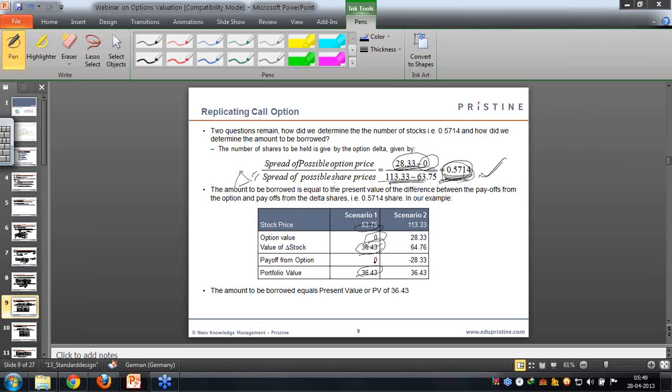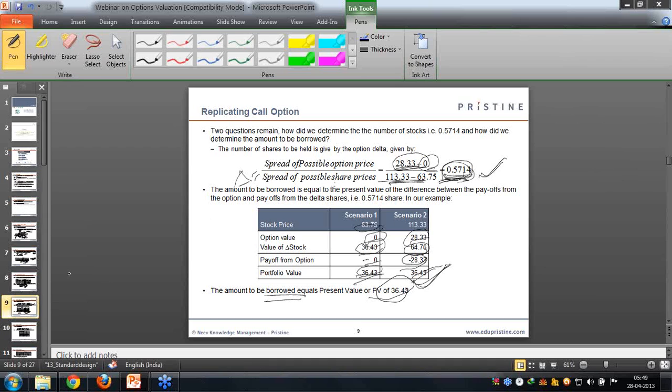So the difference is 36.43 minus 0, which will give you 36.43. And in the other case, the value of the delta stock is 64.76, and the payoff from option is 28.33, which will again give you 36.43. So thus the amount that needs to be borrowed will be the present value of this 36.43, because obviously after 6 months you will pay some interest on the amount that you borrow. So the present value of that using the risk-free rate given in the question will give you the amount that